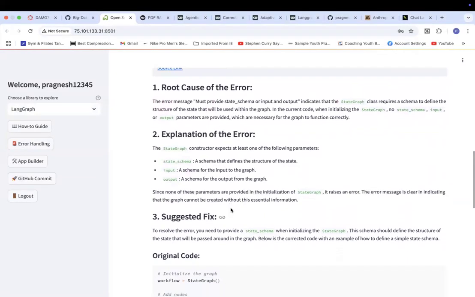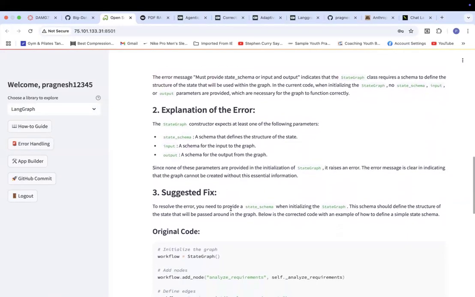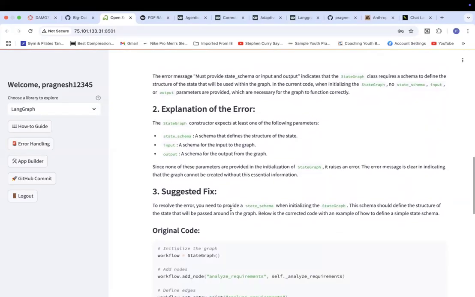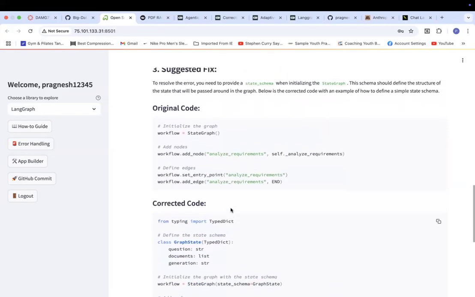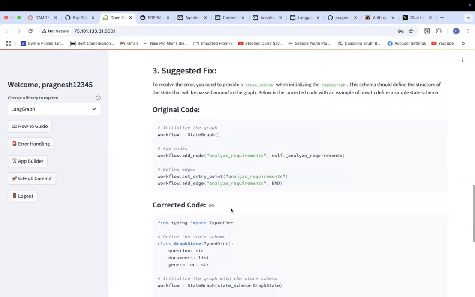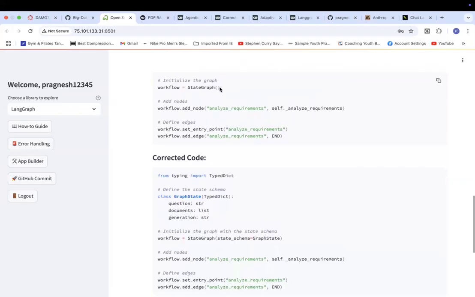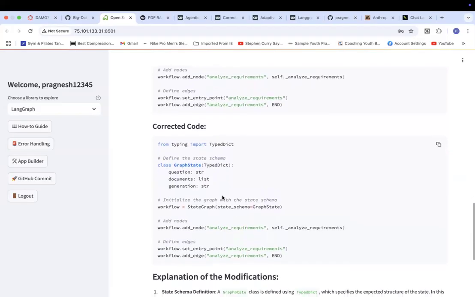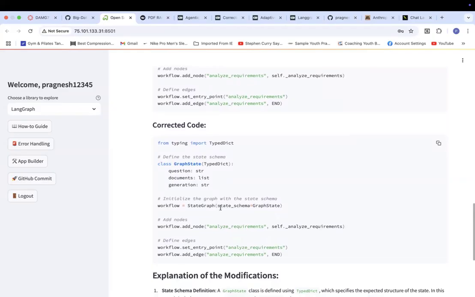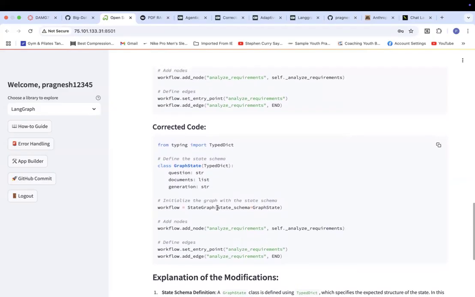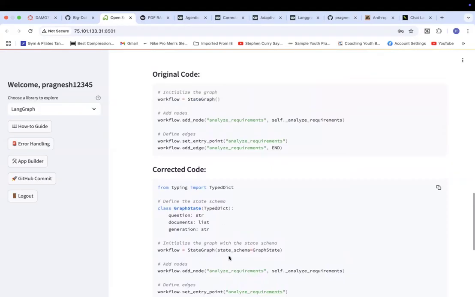So you can see there is the root cause for the error, the explanation, and it will give the suggestion for fixing the code as well. So we do have the original code, and in that we can also see the corrected code which was given by the agent and the explanation. So you can see there is a workflow state graph, and we particularly removed that graph state, and the corrected code got the error